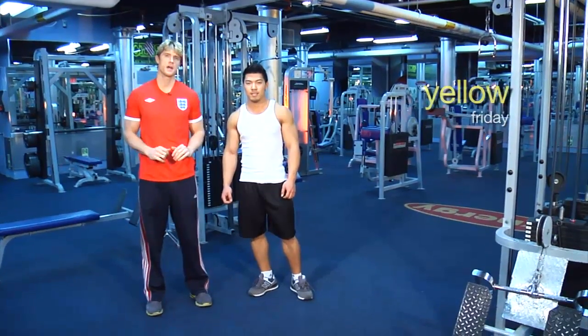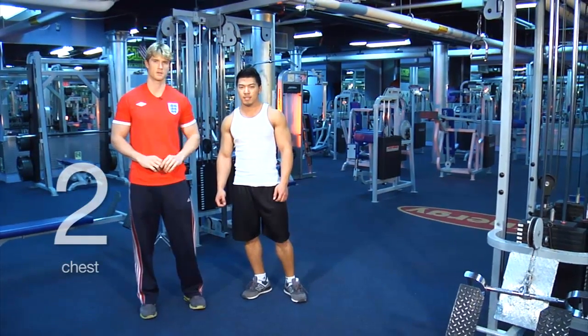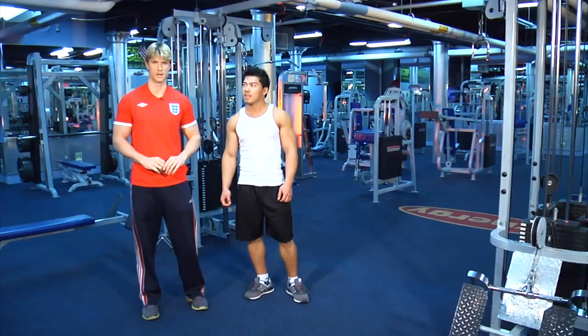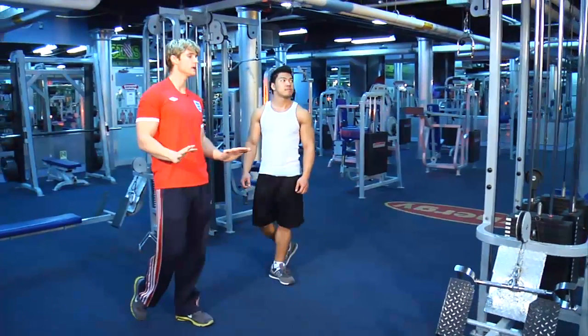We're working chest for exercise 2. We're going to go back to the cables. We're going to do a different exercise because of that plateau effect than what we did on the blue day, the first day. So we find ourselves here at the cables,